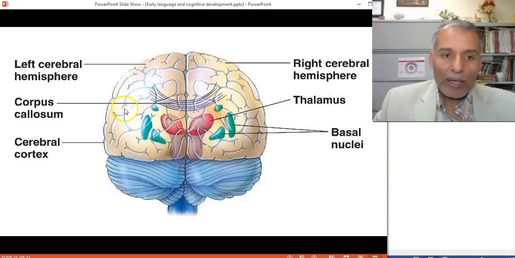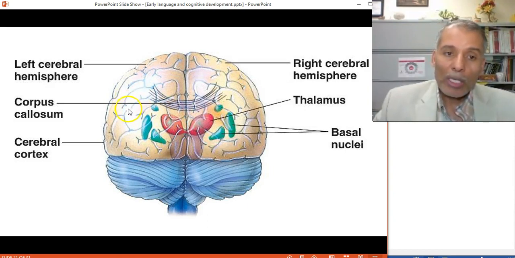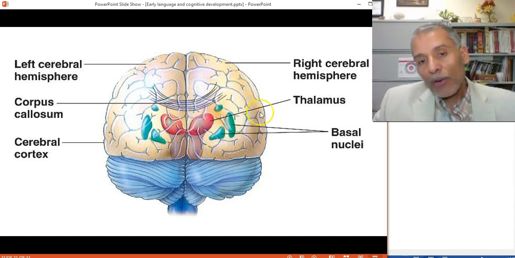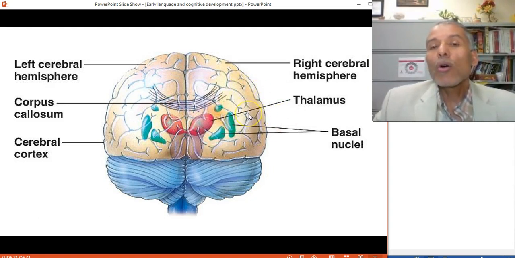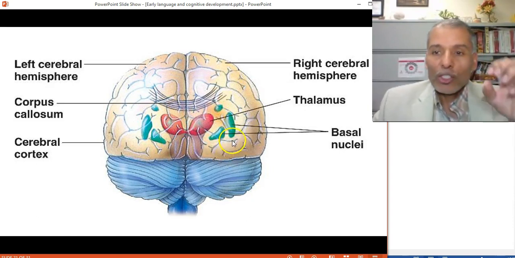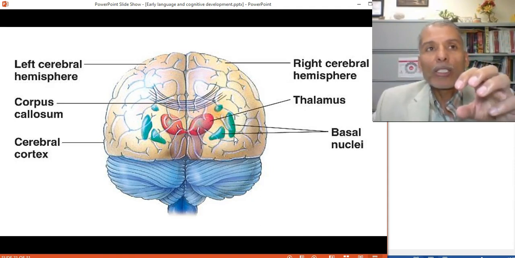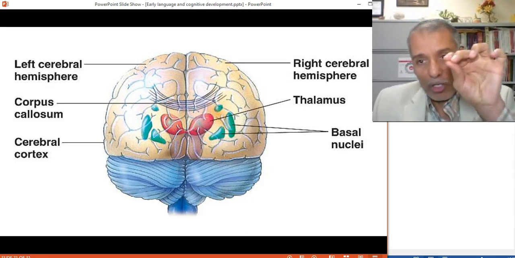Wernicke's area on the left side enables you to assemble sounds into words, to work with other areas to match meanings with the sounds of the words. The area that is a mirror image of it on the right side enables you to comprehend the tone of voice of someone else's speech. So you can see there is no redundancy. Individual components of the brain serve as elementary or core centers for particular functions.